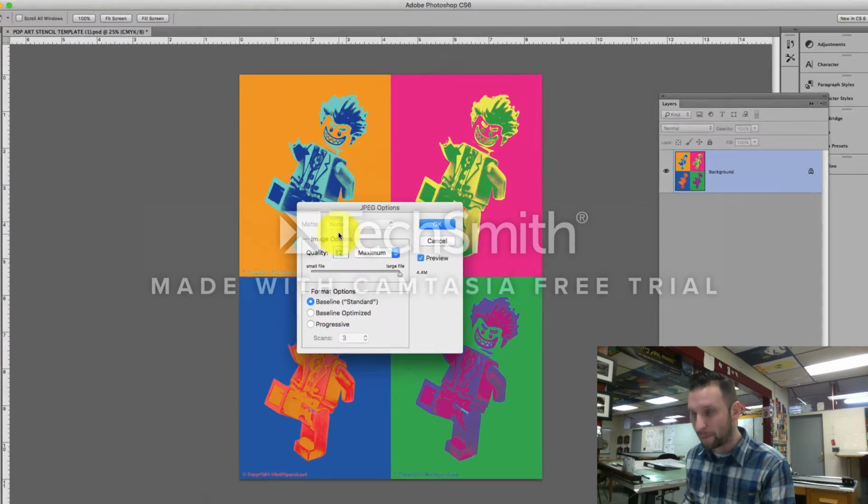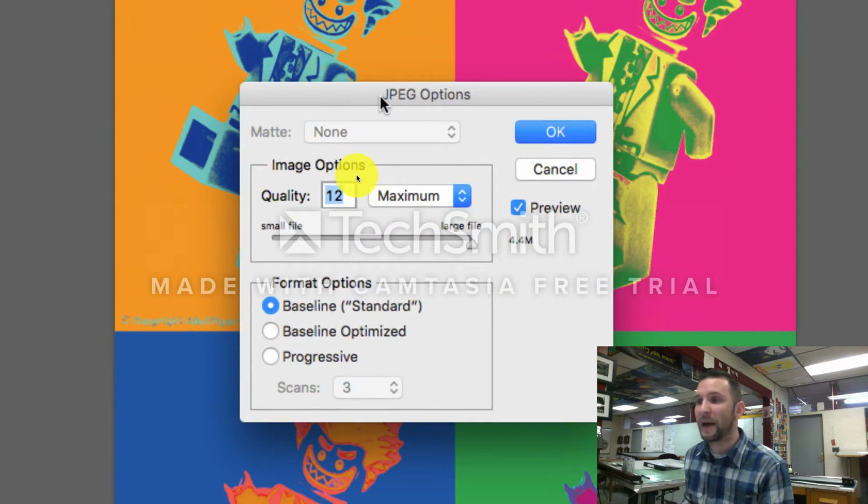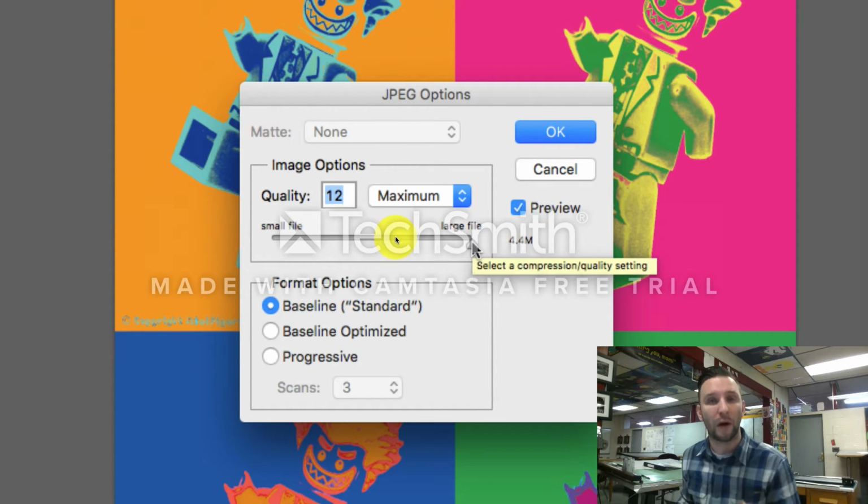The other thing that's going to pop up here is a JPEG options box. And basically what this is asking you is how good do you want the quality of your image to be? I've been telling people to move it anywhere between the medium and high ranges. A higher